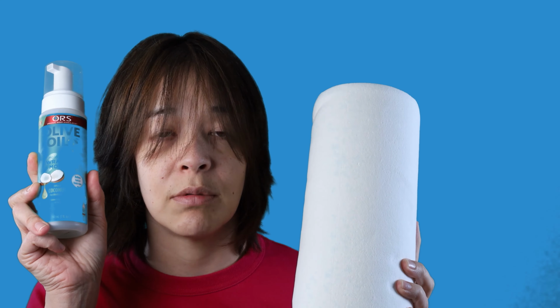Paper towels, wrapping mousse. So this is how you do it. I take a rat tail comb, I make a nice little parting, take your mousse, slather it through the hair,